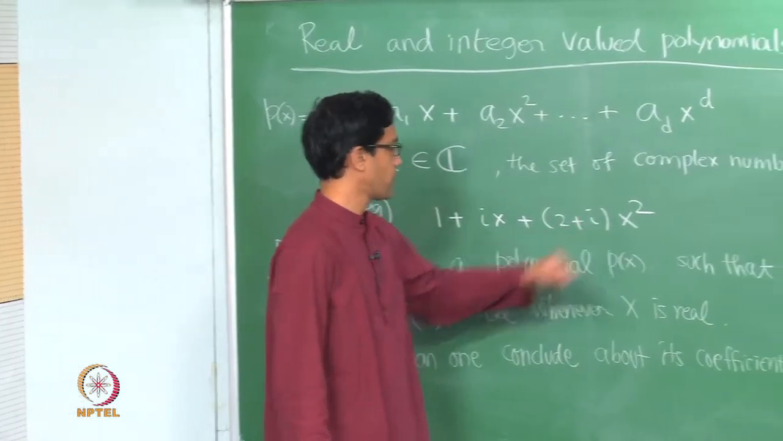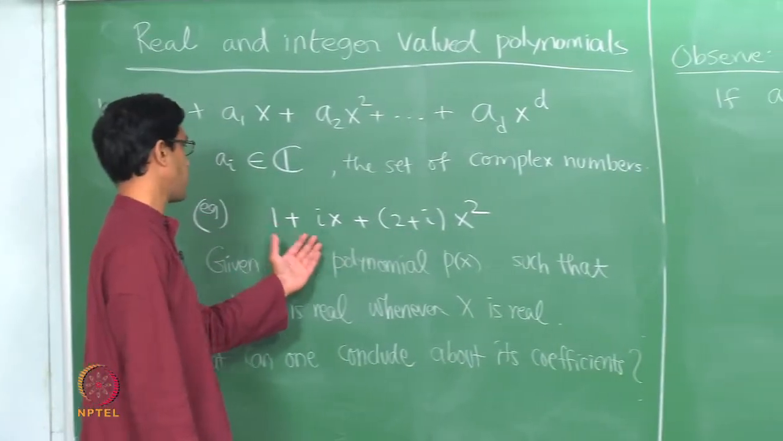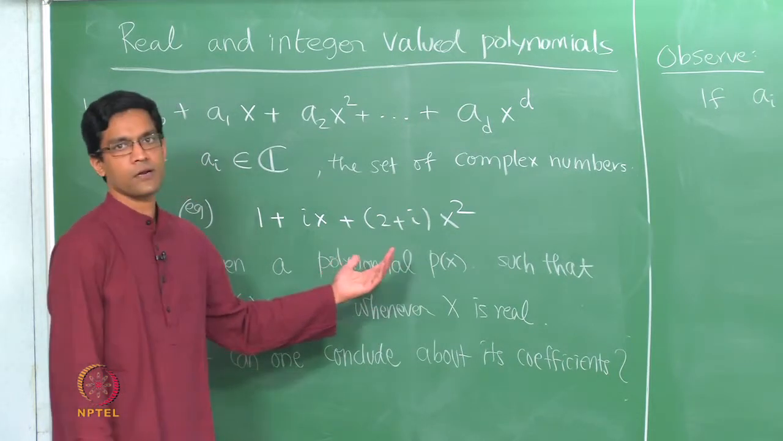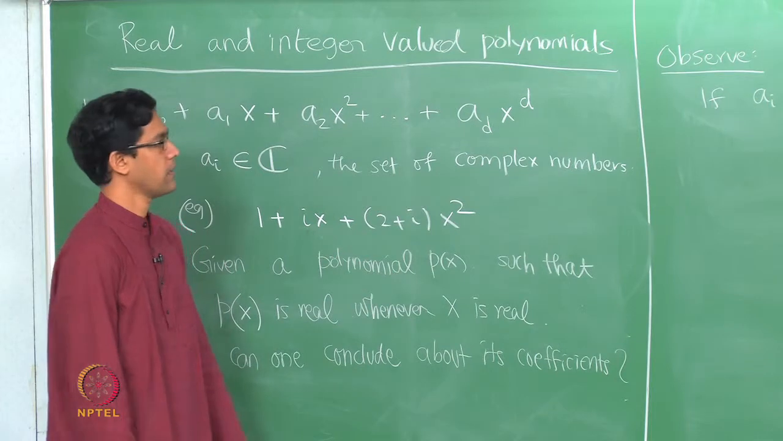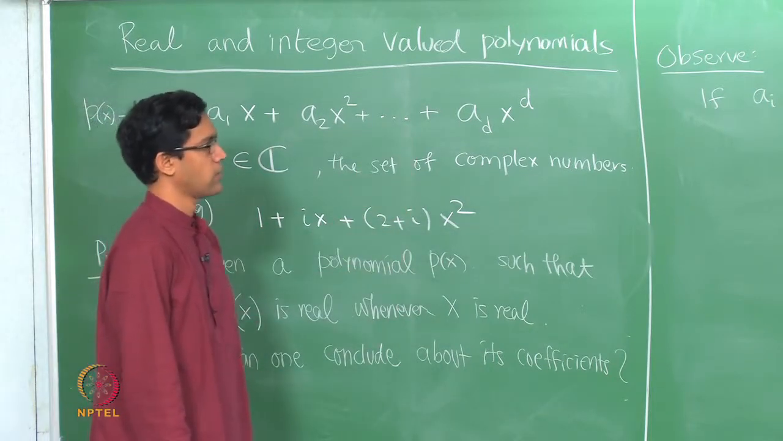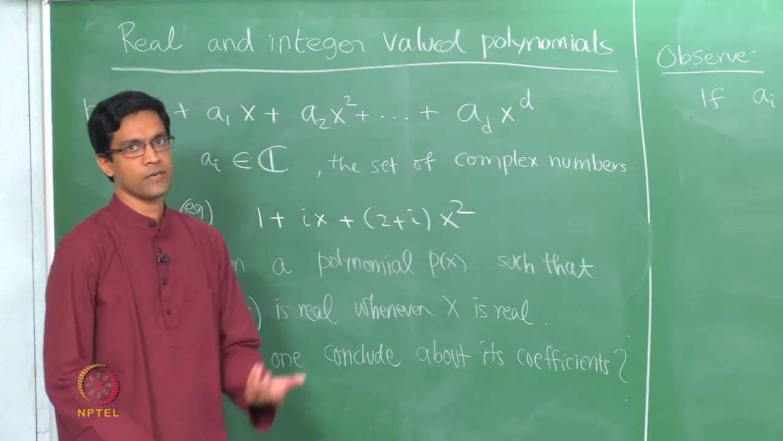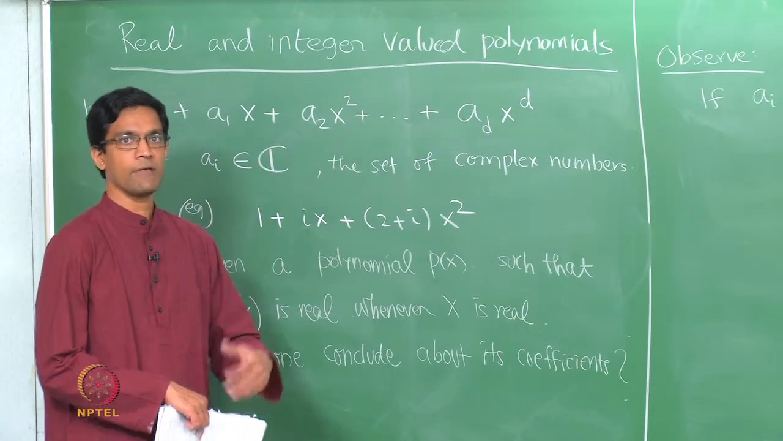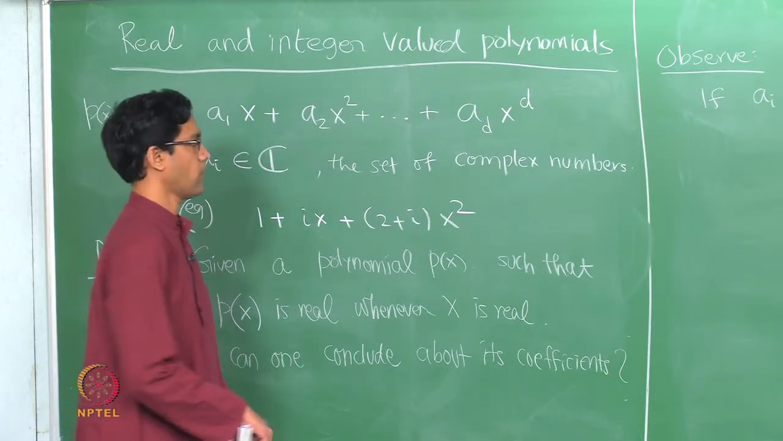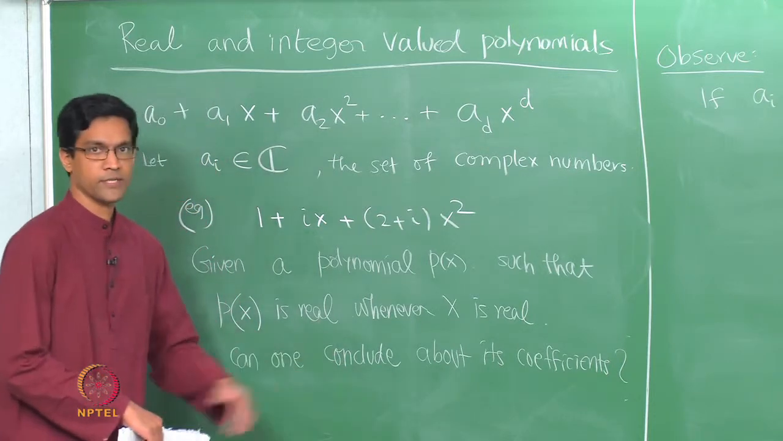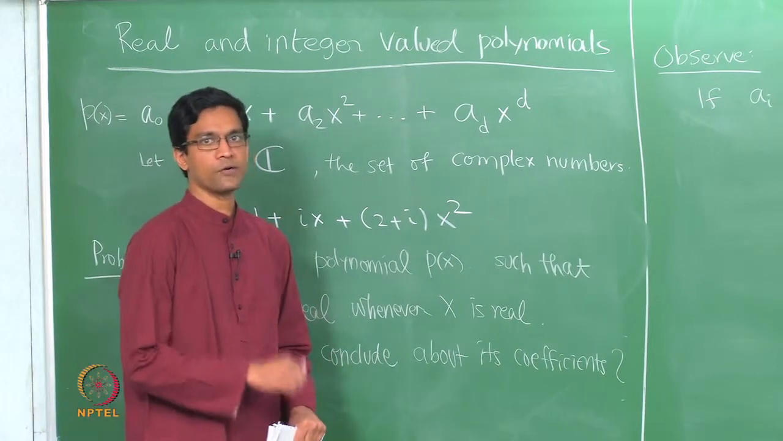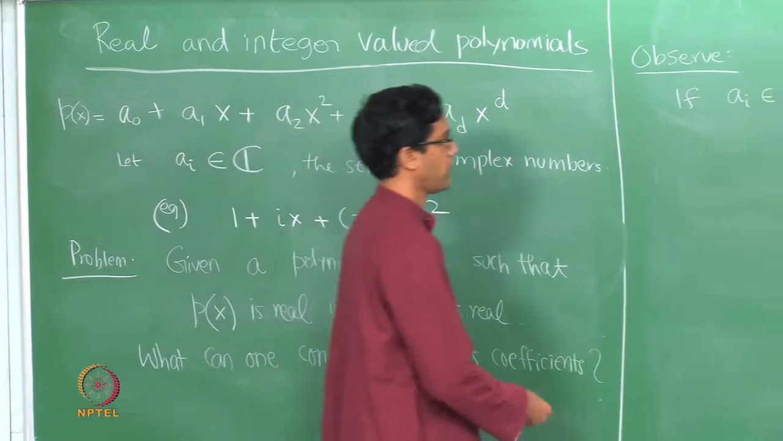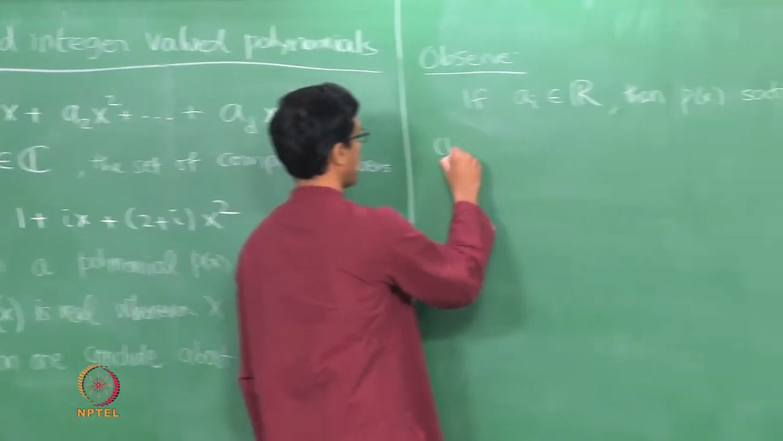If I do not have any of my i's appearing anywhere, if it is just 1 plus x plus 2x squared for instance, then if I plugged in x to be a real number, of course I would get a real answer. So here is one way of constructing such polynomials. You can take all the coefficients to be real numbers, but is this necessary? Is this the only way of obtaining a real valued polynomial? We will see in just a moment. The answer is yes, you really do need to have all coefficients to be real, only then can this property be true. So here is the claim: